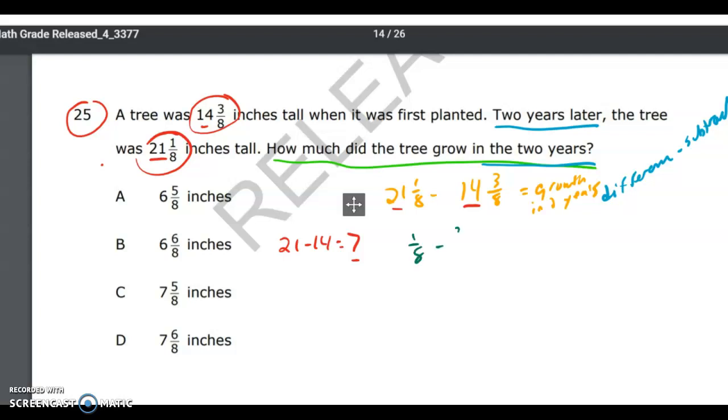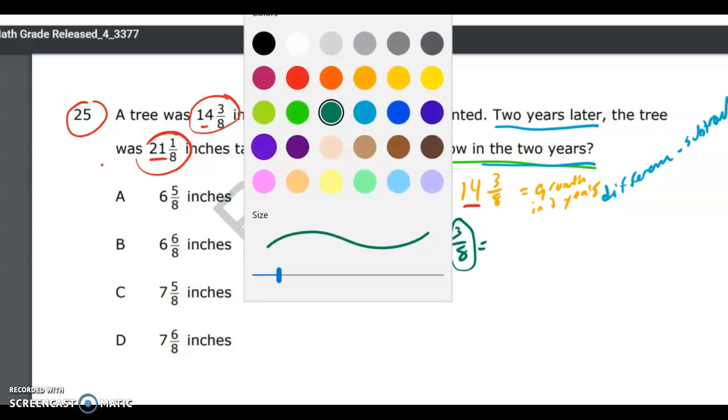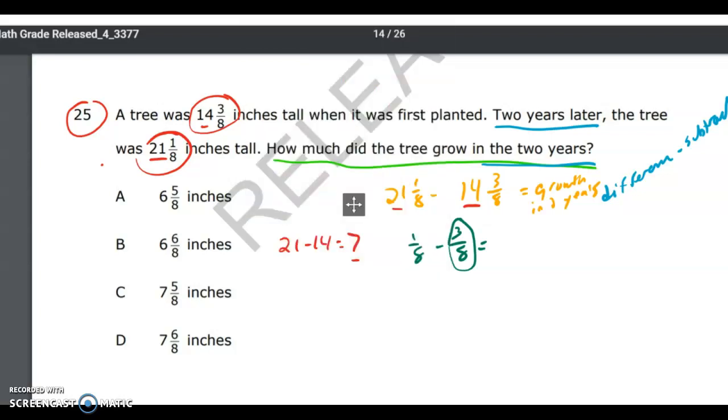1/8 minus 3/8. Oh, we can't do that because this one is a larger fraction and we can't subtract the larger one from a smaller one. So that means we've got to figure out something different to do with this. And that difference is that we can take a look at this number and we can actually ungroup it. And remember, since we're dealing with a denominator of 8, that means that there are 8 equal parts in each